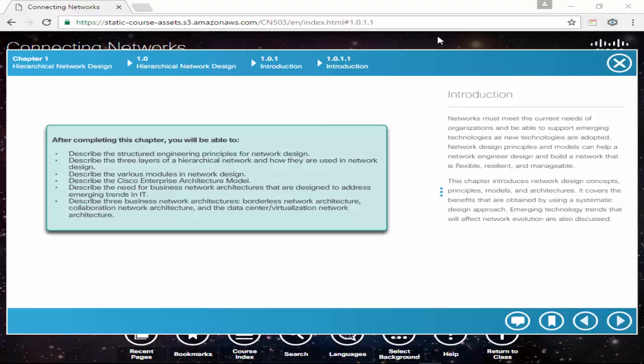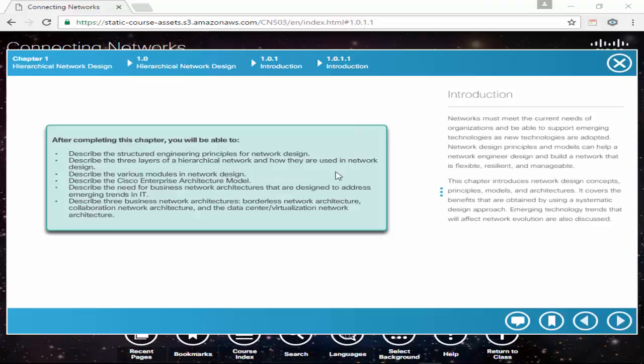So at the end of this one, we're going to describe the structured engineering principles for network design, describe the 3 layers of a hierarchical network and how they're used in network design, describe the various modules in network design, describe Cisco Enterprise Architecture model,